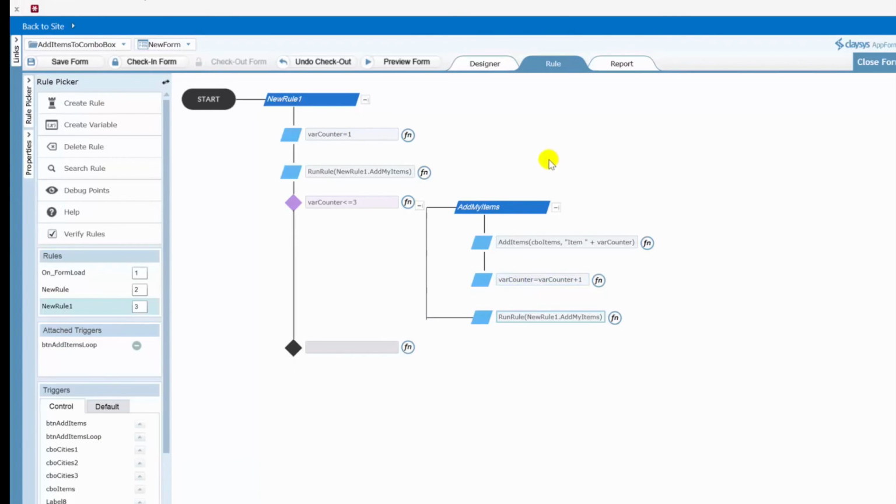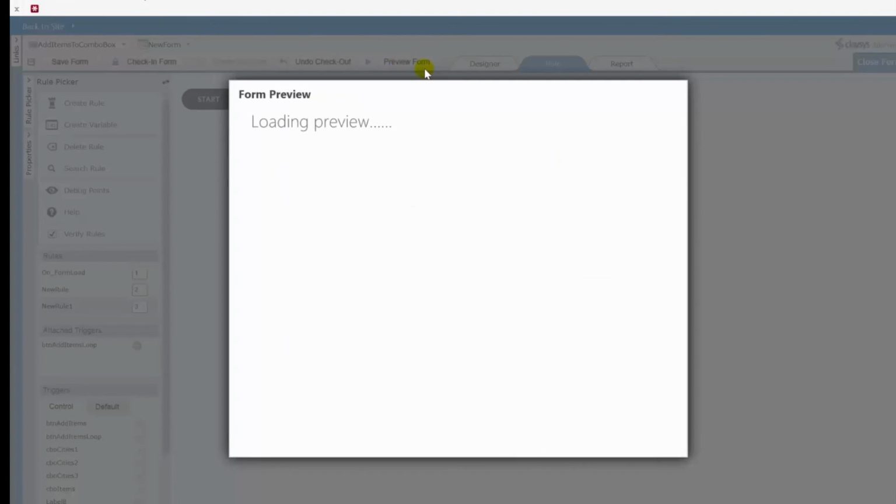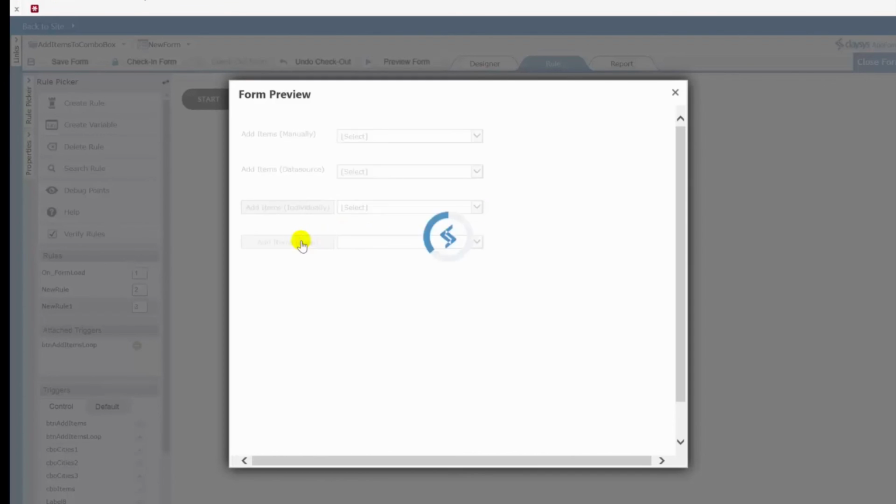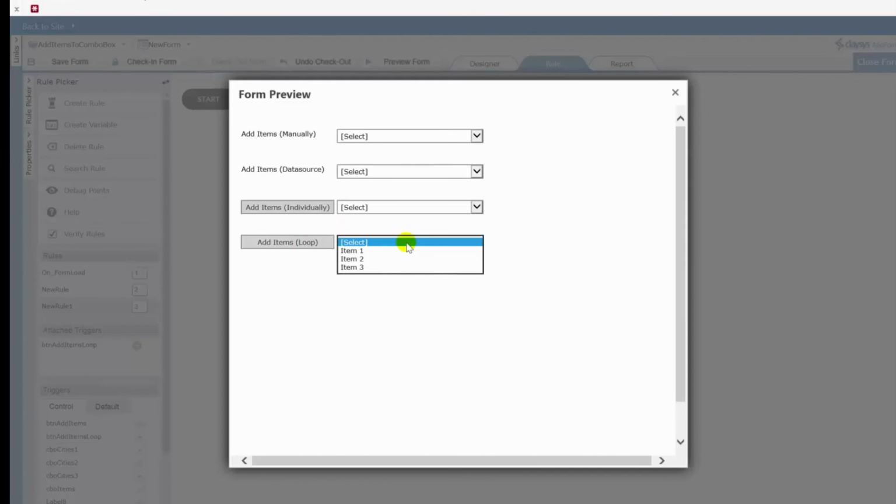All right, so let's take a look at that. We'll preview our form. And finally, our hard-coded items, static values, coming from our SharePoint list. Here's where I add them individually, one at a time through the AddItems command. And finally, our loop. And you can see now I have item 1, 2, and 3. So these last two are the really powerful features of ClaySys AppForms that can allow you to dynamically add items to a drop-down box